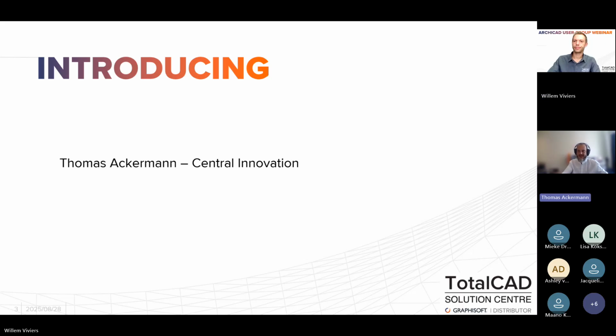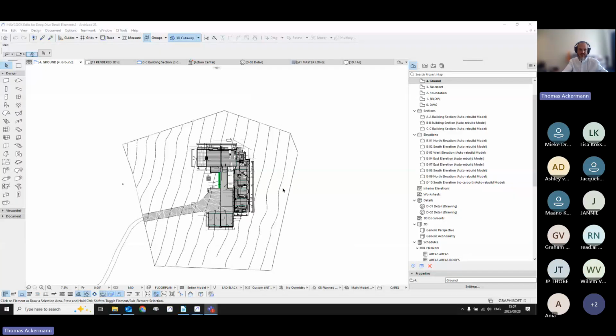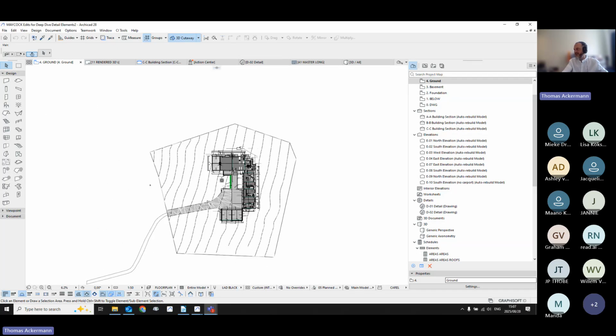I hope we can have some meaningful contributions to your workflows that might show you how you can save time and just general frustration. So I'm going to run through a couple of the tools. The first one that I'd like to look at is probably the one that you would potentially use the least,